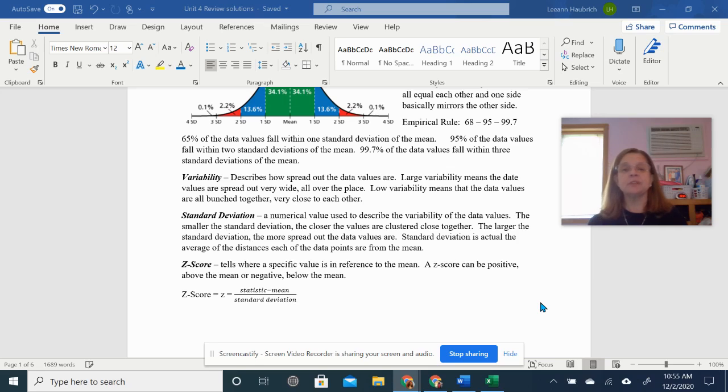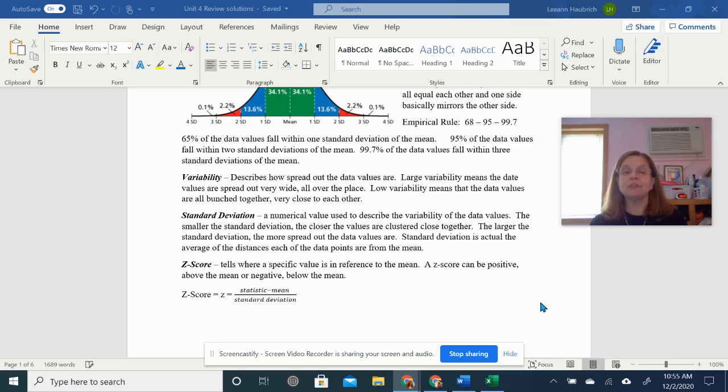I think this has been a little bit tricky for some people. Variability means how far apart the data values are. So if the data values are really, really all over the place and they're very, very far apart, they have a high variability. If all the data values are all clustered around one point and they're all very, very close together, they have a low variability, which is sort of related to standard deviation, because by definition, standard deviation is